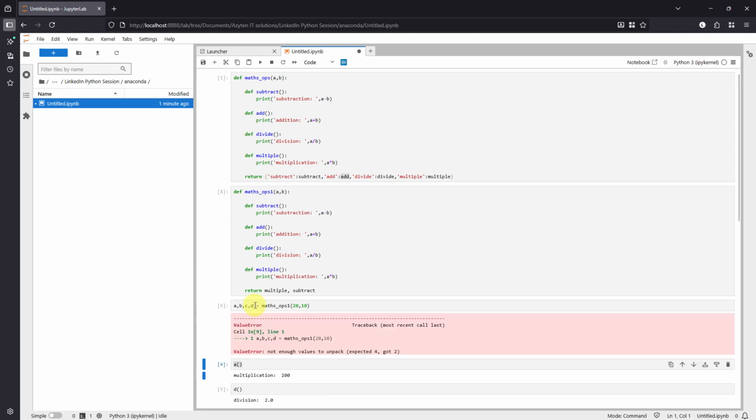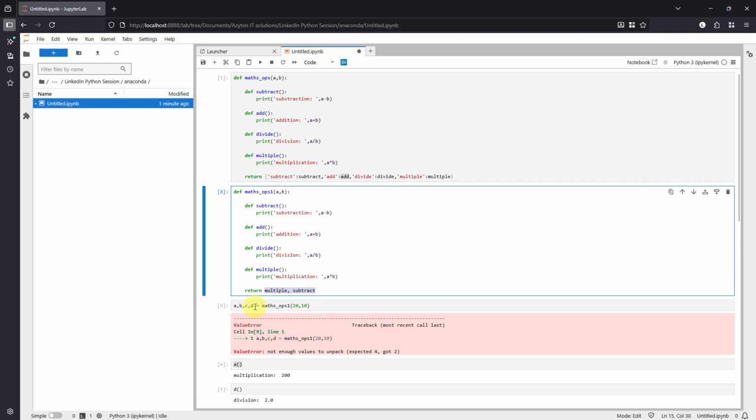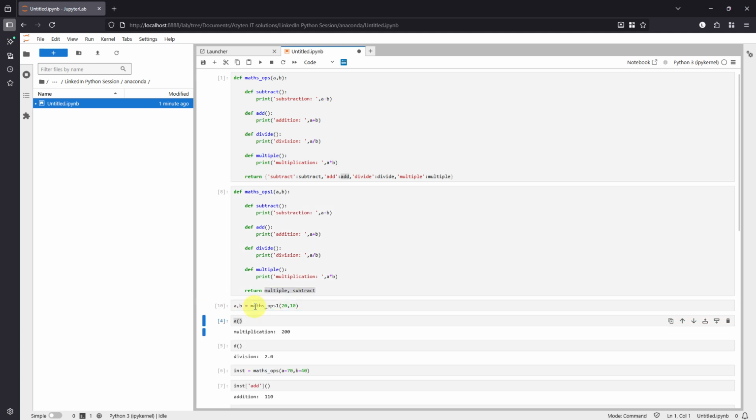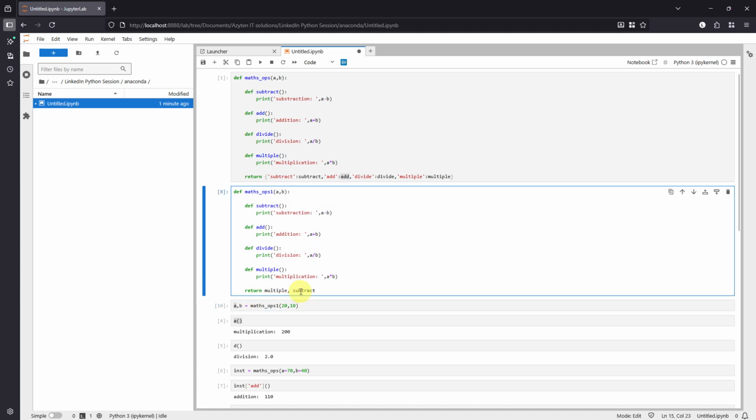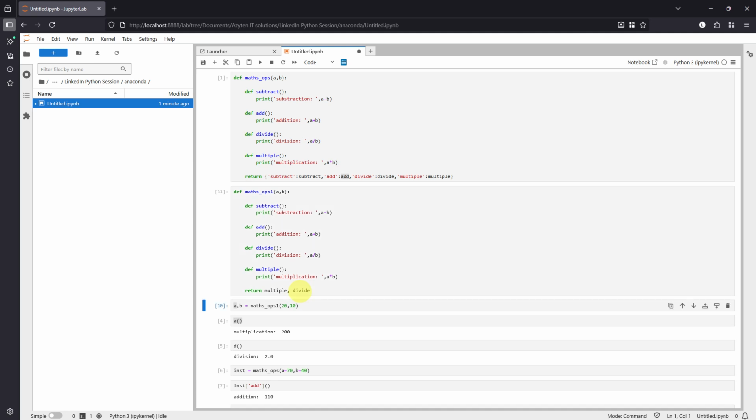If I do this, I'm going to get an error. Why? I'm only returning two functions. So what I'll just do is remove it. And so it's going to declare A is equal to this multiply function, and then B equal to the subtract function. And if I say divide, it's going to do it in that particular order. And so if I instantiate A, it will show multiply because that's what I did. If I do B,